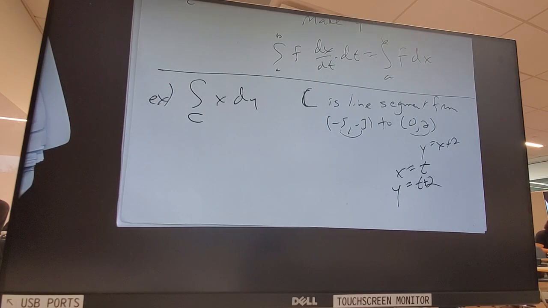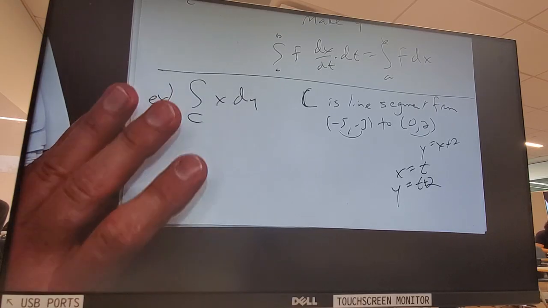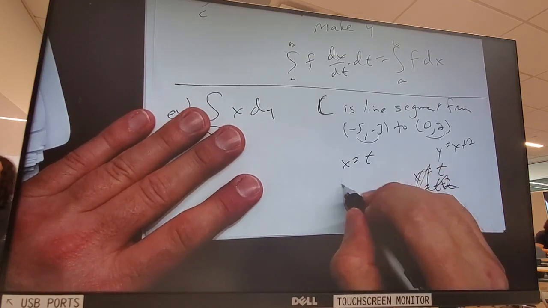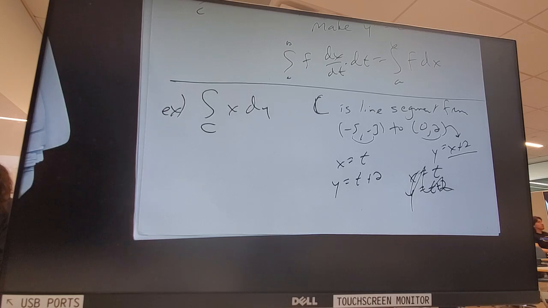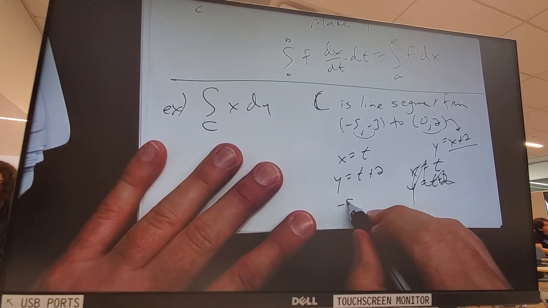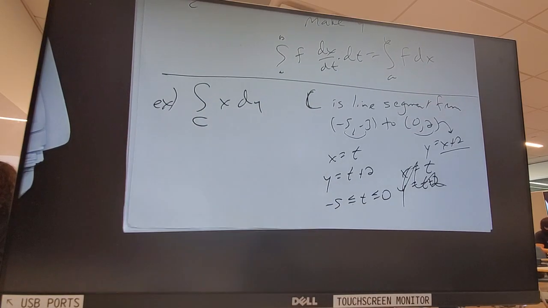If you do it that way, you have to be careful about what t goes from to. Let me write this a little better, sorry. X is t, y is t plus 2, because you decided to figure out the xy function that goes through those points. Can you figure out what t goes from to? That's not too bad. Because what is everything dependent on in the choice you make? X. So what does x go from to? Yeah. So in this case, that wasn't too bad.